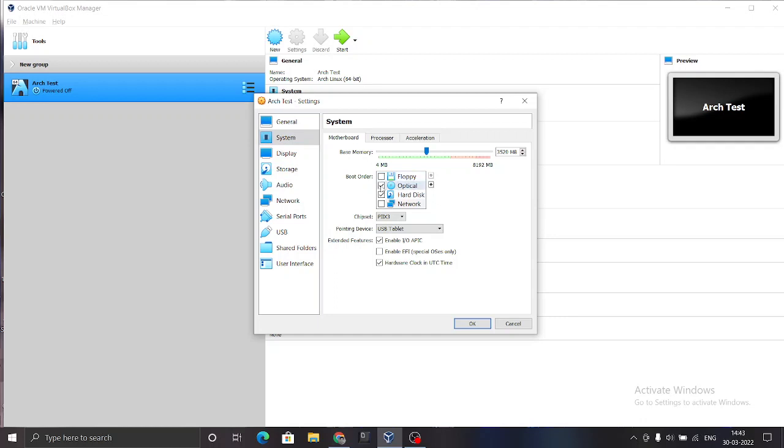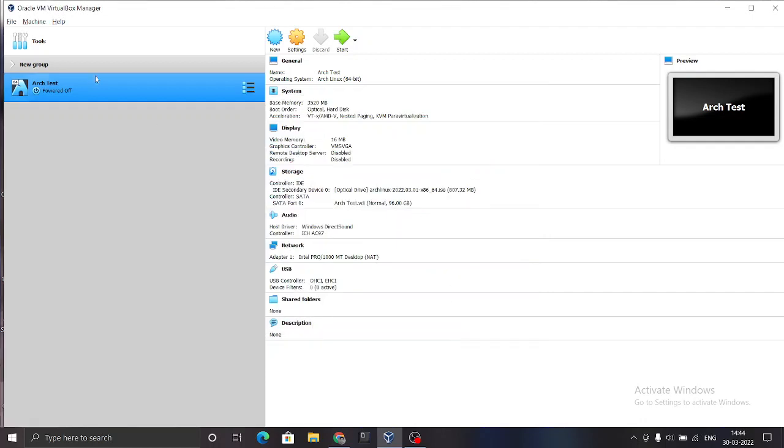It is not booting from a floppy, because we have no floppy drive inserted into this box. So let me show you what happens when we boot from the optical disk.